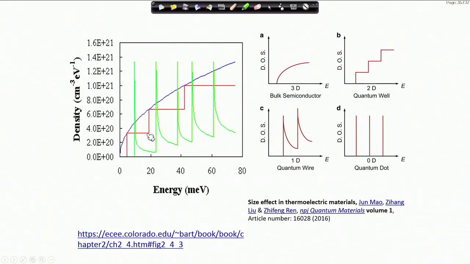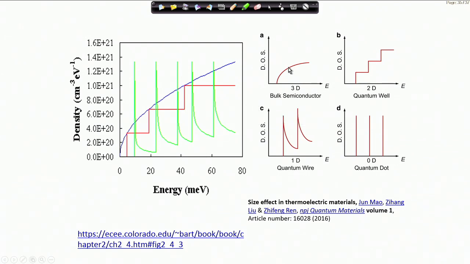You will see that in 2 dimensions the density of states becomes independent of energy. It has no dependence on energy, and that is something you should be able to calculate, because now you have a surface rather than a volume, and you will be able to calculate the density of states, which will turn out to be energy independent. It is just a constant. It is basically m by pi h cross square.